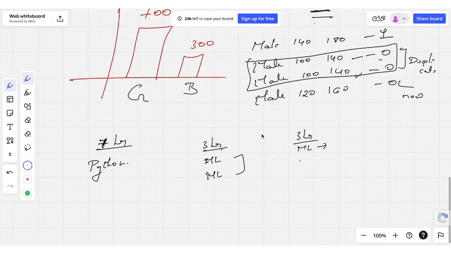That is SMOTE. Understood? Yes, got it, ma'am. So no duplicates, all different observations. At the end of the day, we are trying to provide an equal number of observations for both classes, meaning equal information is given, so your model understands better.